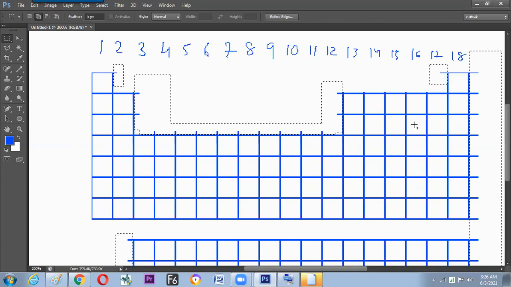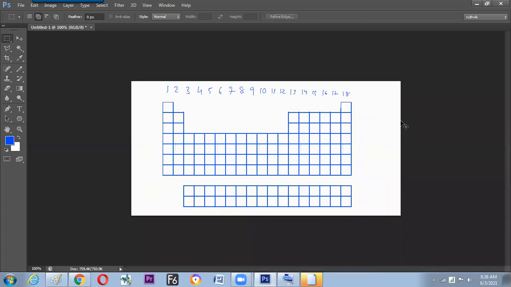Fine. So fill the white color by Control backspace. Is it okay?